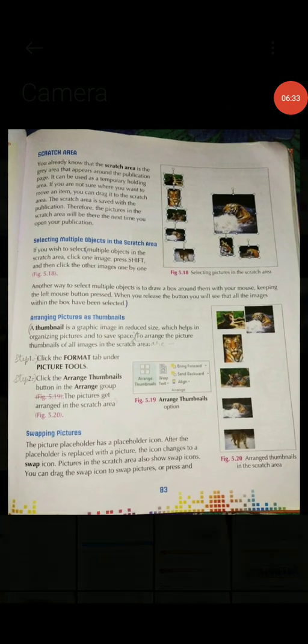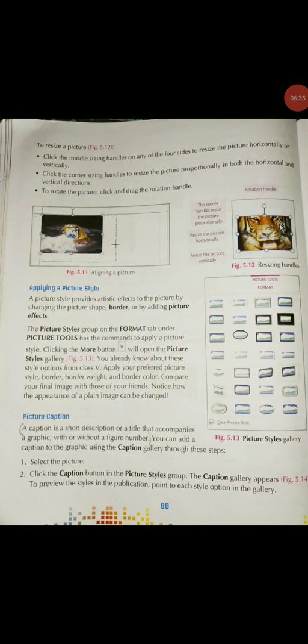Now students, we will move to the next question. How can you resize a picture in Publisher? Publisher, P must be capital.